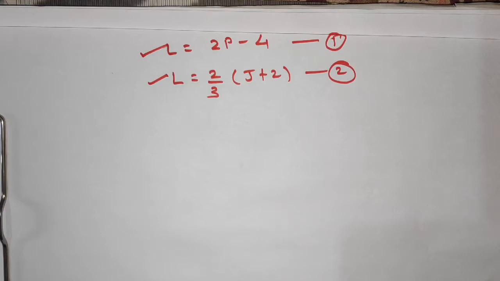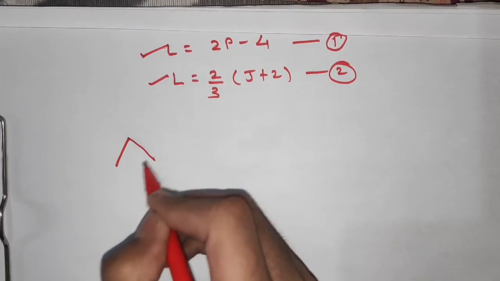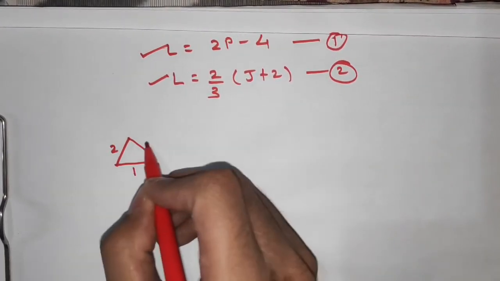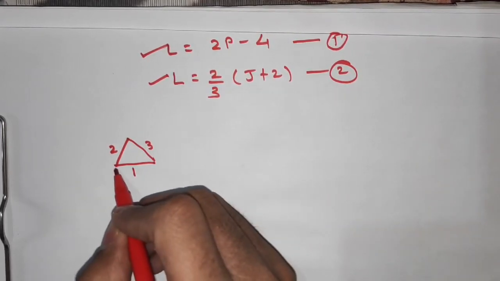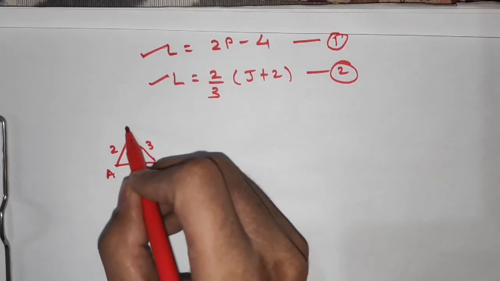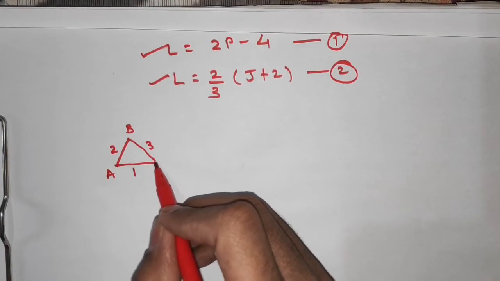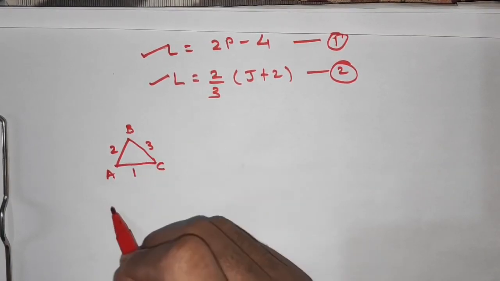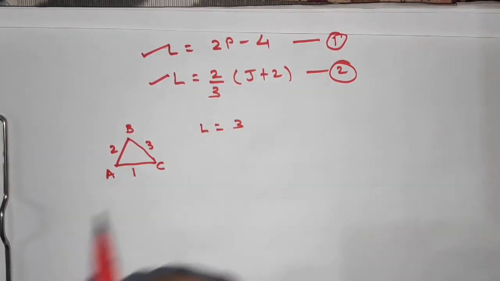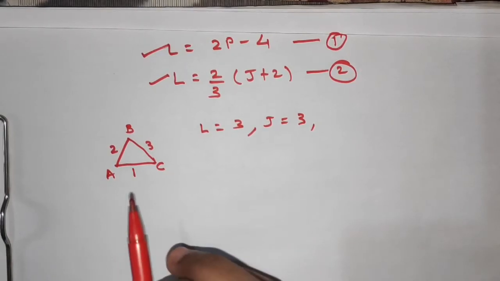Let us see this with some examples. I'll take a system or combination of links which are 3 in number. So this is link number 1, 2, 3. We have the joint of link 1 and 2, that is joint A, the joint of link 2 and 3, that is joint B, and the joint over here, C, is the joint of link 3 and 1. Now we have the number of links equal to 3, the number of joints equal to 3, and we'll see the number of kinematic pairs.